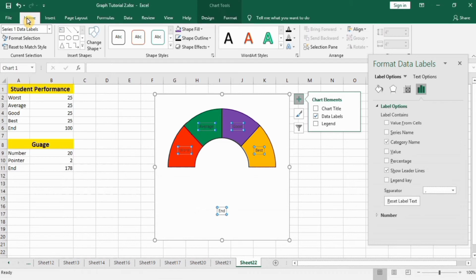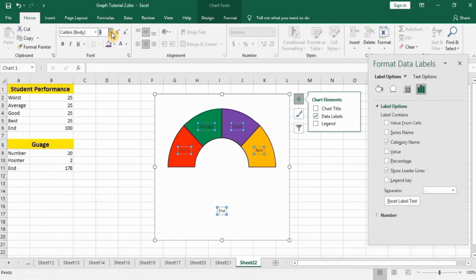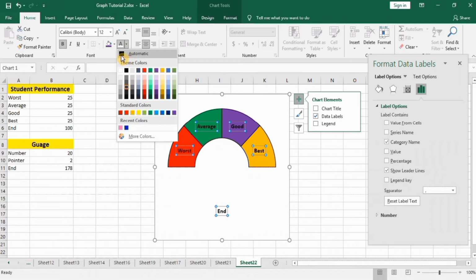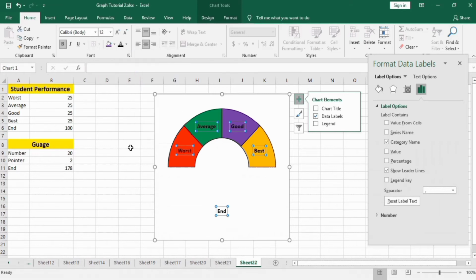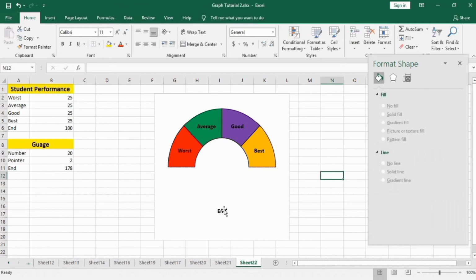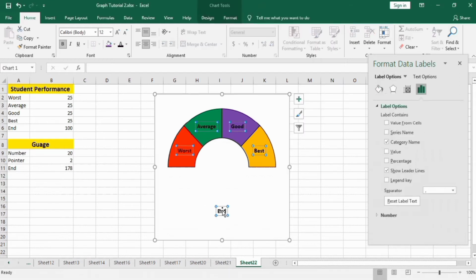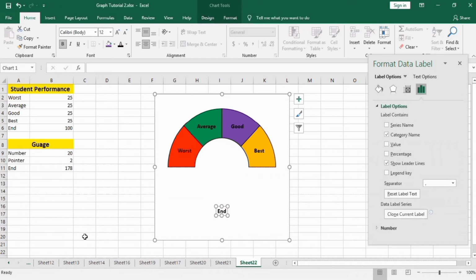Go to home and change their font size to 14, bold with black color. Now select these data labels, again click on this and press backspace to remove this.